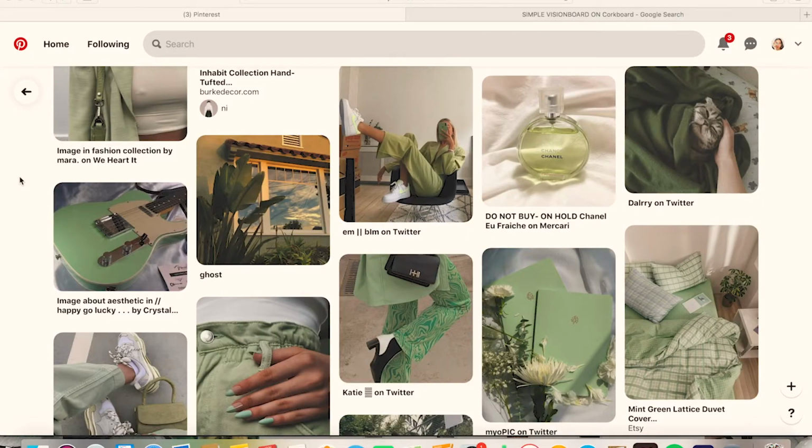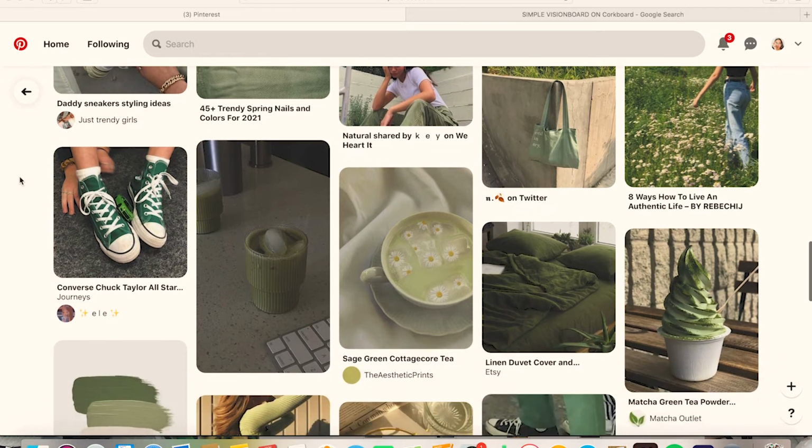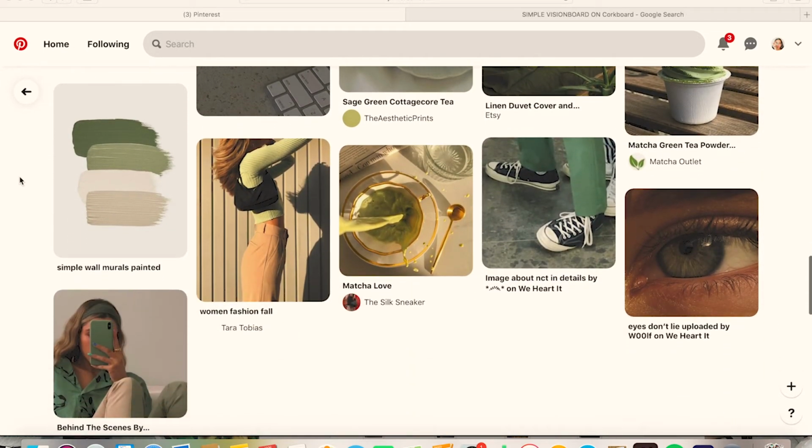As I was saying about the color, the easiest colors to use are green and brown. Green because whenever there's a picture of a plant or a meadow or trees, there's always green, so it's really easy. Even if the picture isn't actually focusing on the trees in the background, maybe it's a person in their outfit, they're still green, so it's really useful to use in your mood boards if you want to do a green based mood board.